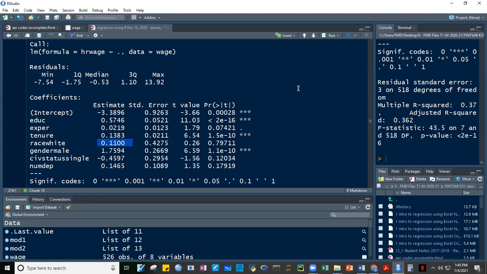Ibig sabihin yan guys, race white, yung white dyan, ang ginawa niyang 1. So kung si white yung 1, sino yung 0? Guys, sino yung 0? Dalawa lang naman yan guys. White at saka si